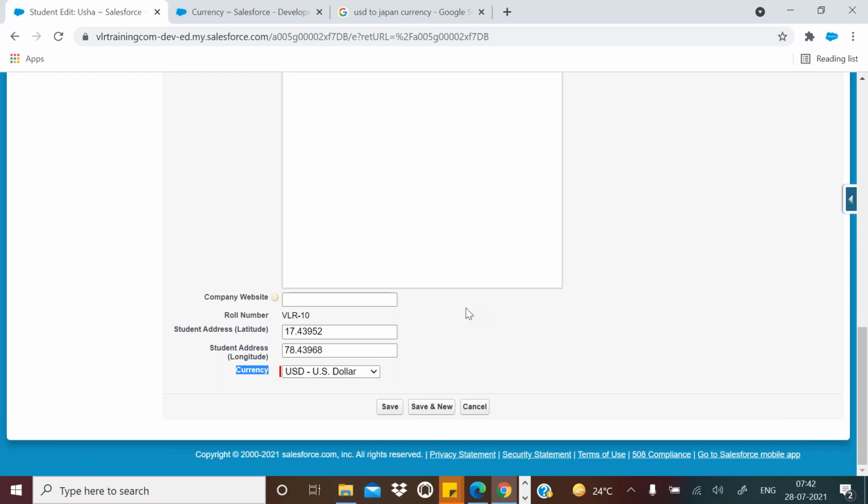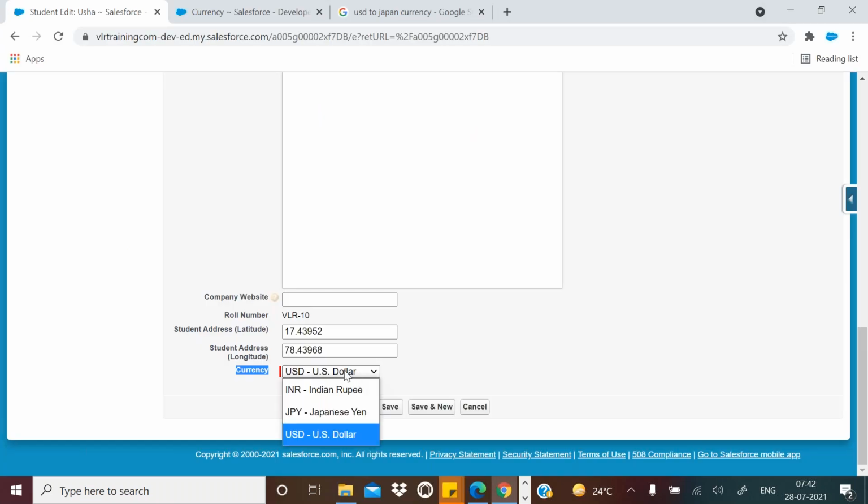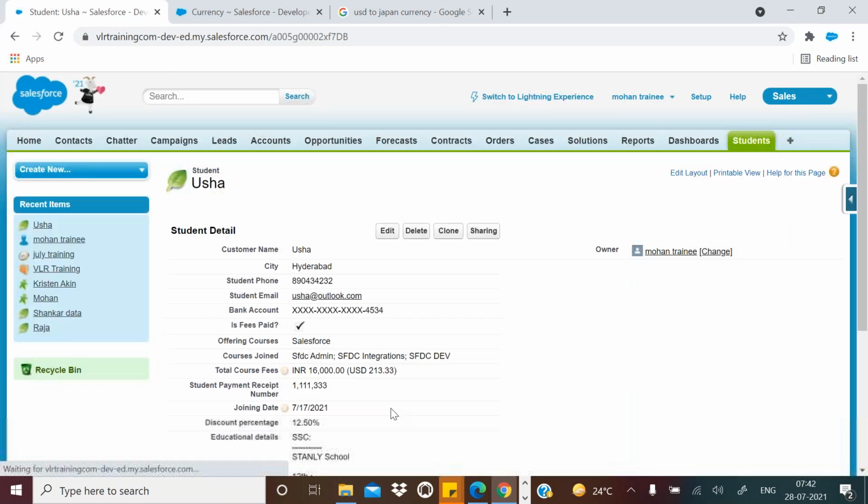It is a new standard field created by Salesforce. Here you can see by default the corporate currency, Indian rupees, and Japanese yen. Now you can change it to Indian rupees and save it.